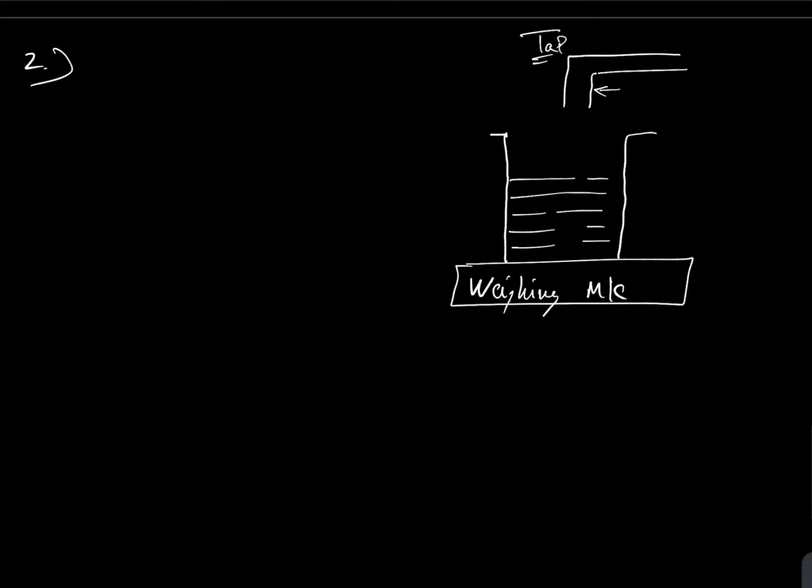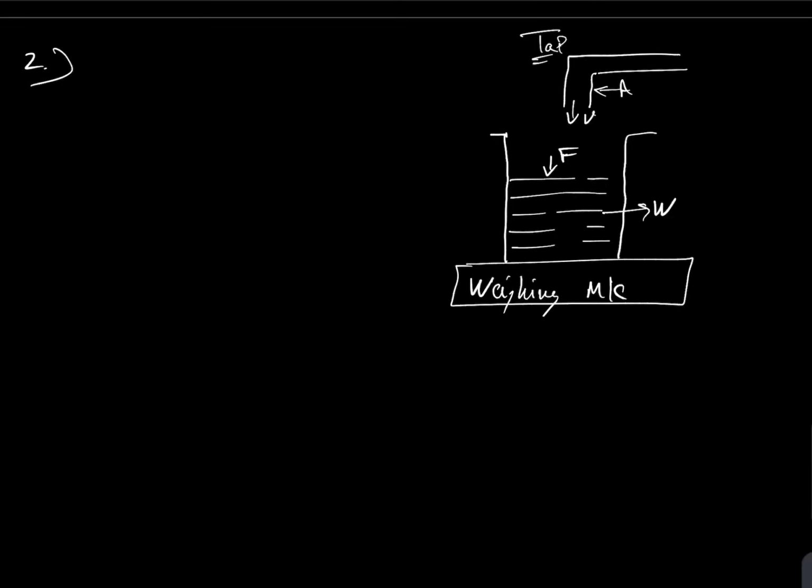Let's say this is the area A from which the water is falling at velocity v, and the weight of fluid already present is W. Now I want to calculate the reading of the weighing machine. One force is due to the fluid already present in the bucket. The other force is due to the rate of change of momentum of water, because the water falls from a certain height from the tap and its final velocity is 0 when it touches the bucket.